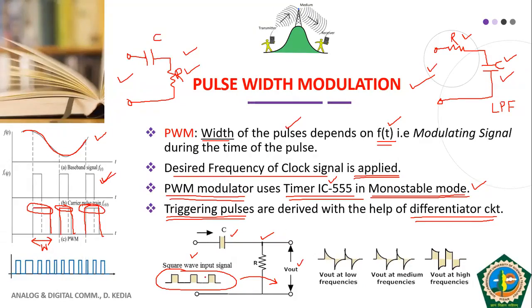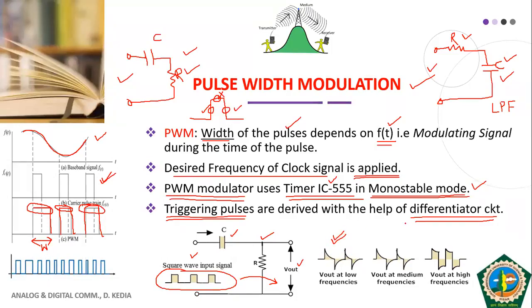I just told you that in case of our pulse, these edges represent the high frequency component, and the top of the pulse represents the low frequency component. Since this is a high pass filter, it will allow the edges to pass through and stop the top. In the low pass filter, our top was passed through and edges were stopped. So what will happen if edges are passed and the top is stopped? In that case, we'll get this kind of signal.